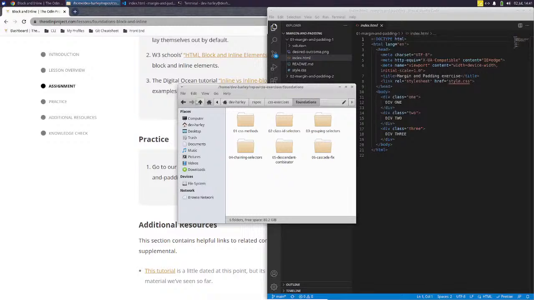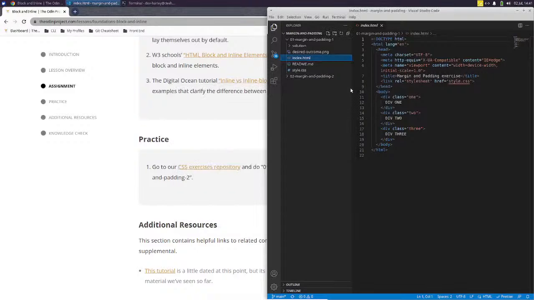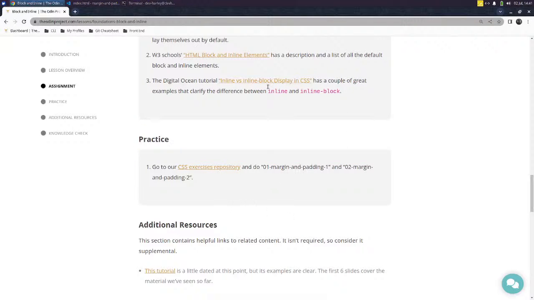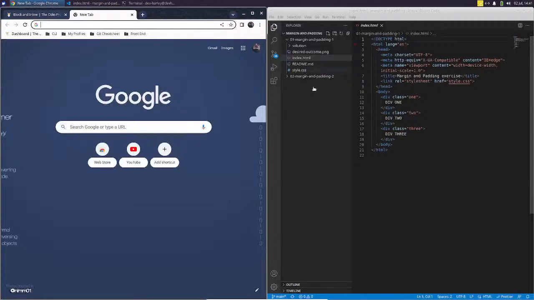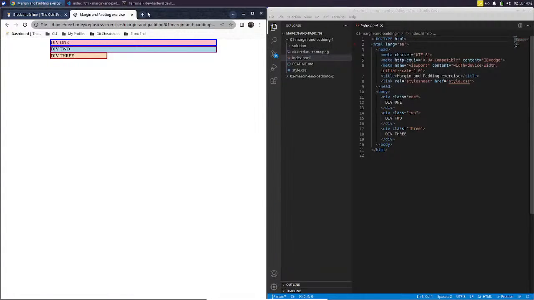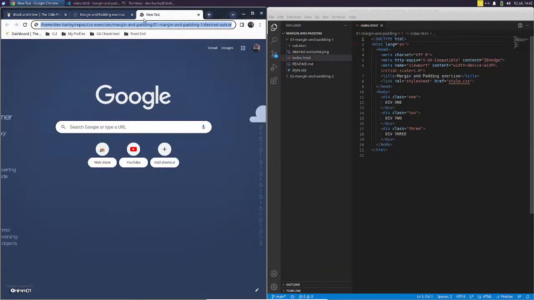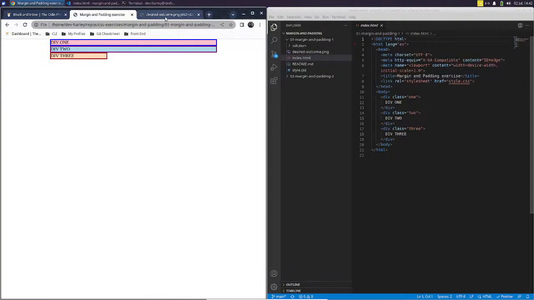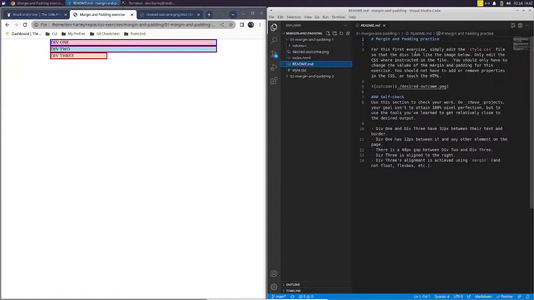But anyway, we're going to be working in the CSS exercise folder in the directory margin and padding, and we got some practice repositories in there. So let's go ahead and do that. Oh, and we're going to need this open. Okay, so that's what that is, and let's check out the desired outcome. That's what we want. Okay, so we have a Readme. For this exercise, simply edit the style.css file so that the divs look like the image below. Only edit the CSS where instructed in the file. You should only have to